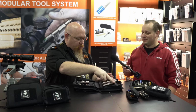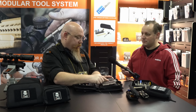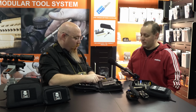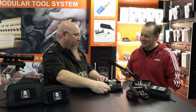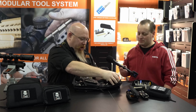Well, so we have the 2-inch here. We also have our new brass punch set, steel punch set, roll pin punch set, along with some of our scrapers and pry bars. And then what you were talking about for the action screws, we have our extended 4-inch bits. So that's going to cover all of that. We've included here a removable